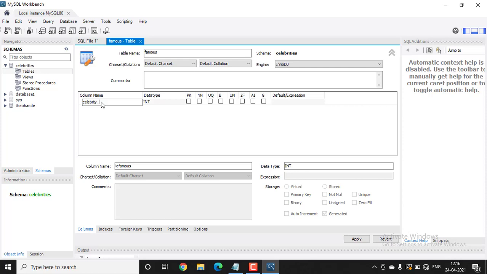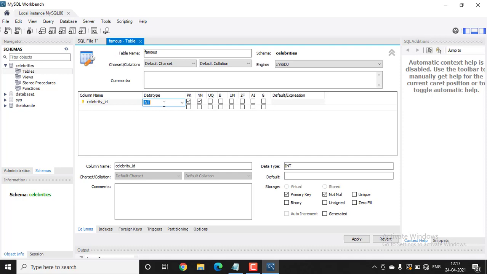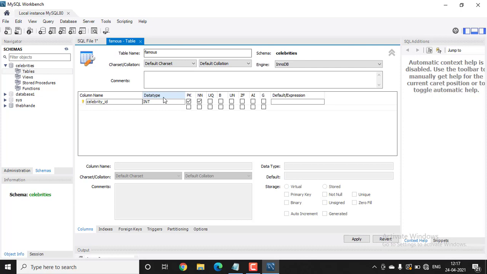Celebrity ID, and this is supposed to be int, which represents numbers. It shows the data type. There are many types of data types, and numbers come under integer, that is int. Then PK is nothing but whether this column is a primary key or not. So this is a primary key and we have ticked it. And this is NN, which says not null. Not null means this ID cannot be empty.